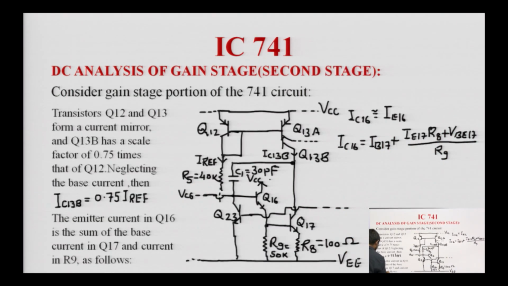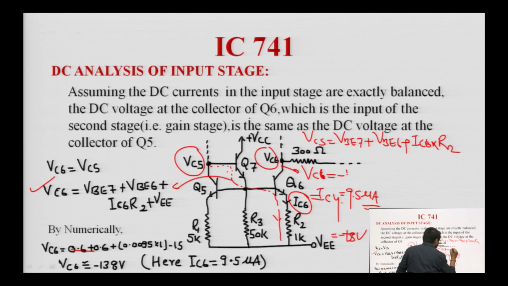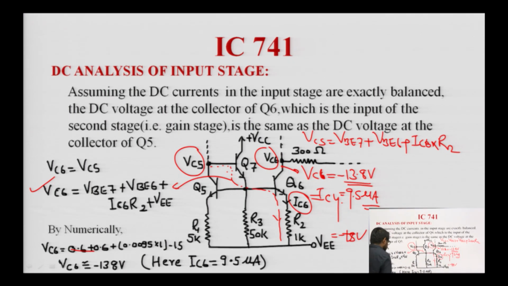Here we correct the VCE6, the collector voltage of the transistor Q6, which will be minus 13.8 volt. Okay, minus 13.8 volt, not minus 138 volt, the decimal point was missing. So we get minus 13.8 volt for VC6, and this is the voltage which is applied to the next stage